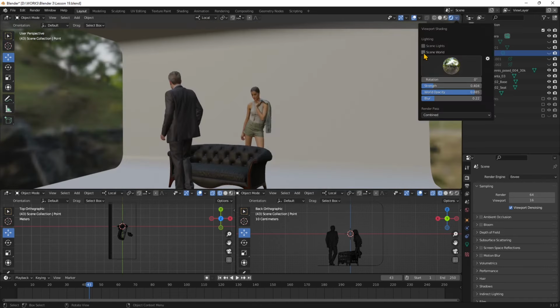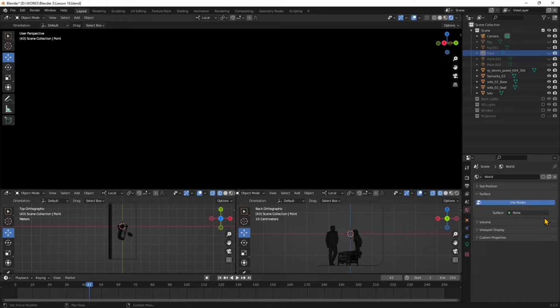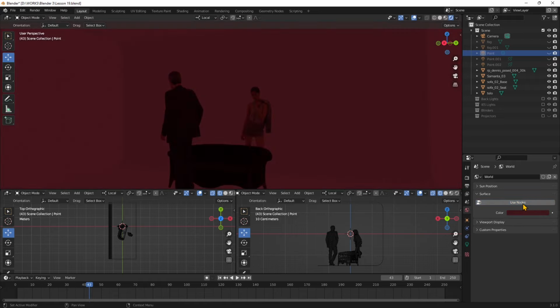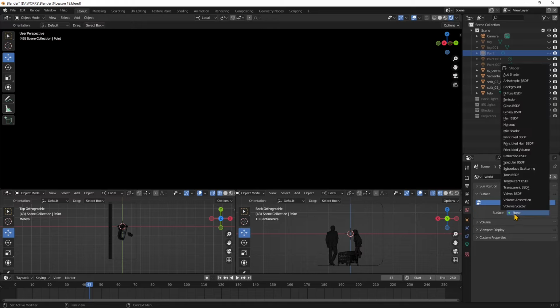Now if you override this with the scene world, it's black, because if I go here into my world panel or world tab, you can see that right now I'm using nodes. So if I uncheck this, you can see that I can use an actual color. So if I say okay, I want everything black, everything is gonna turn black. If I say use nodes, then I can jump into the nodes, click here, and I can use nodes also from here. If I click here and I add a volume scatter,